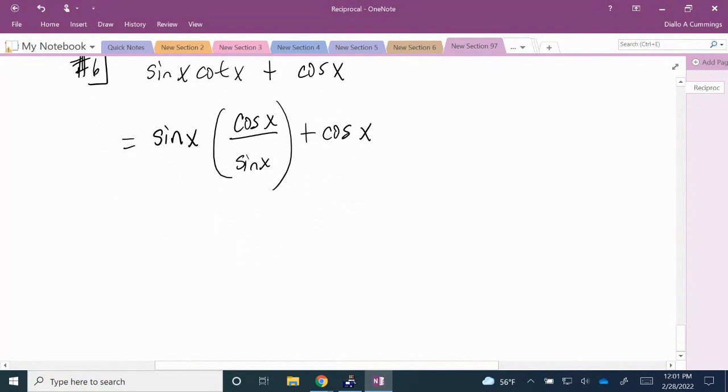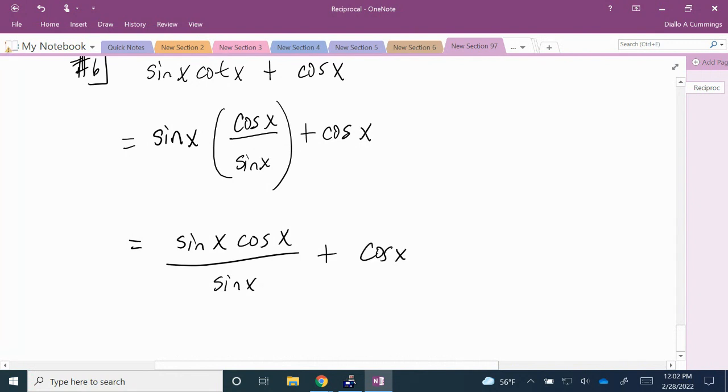So remember, when we multiply a whole number times a fraction, right, we can multiply the numerator, sine x times the numerator, right? So I'm going to write this out as sine x times cosine x over sine x